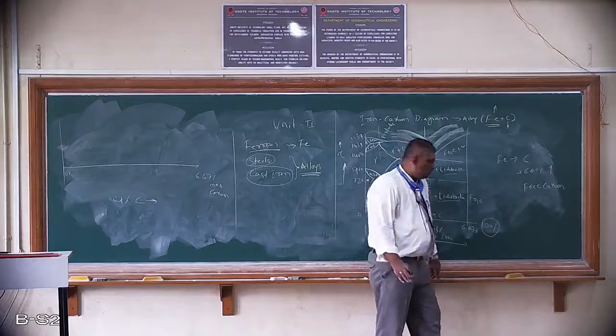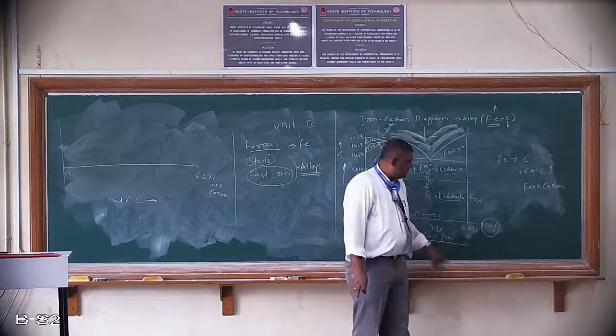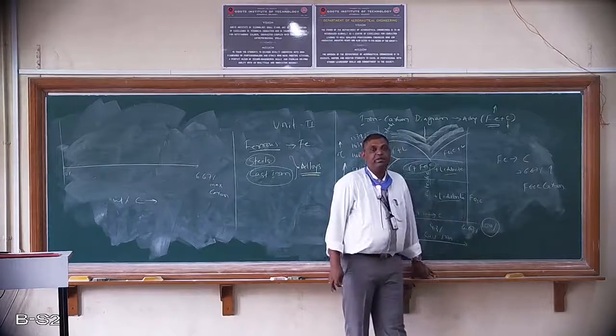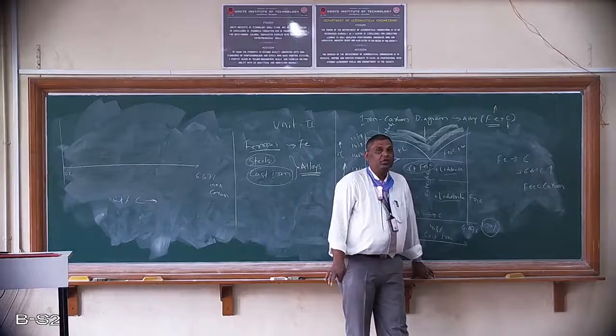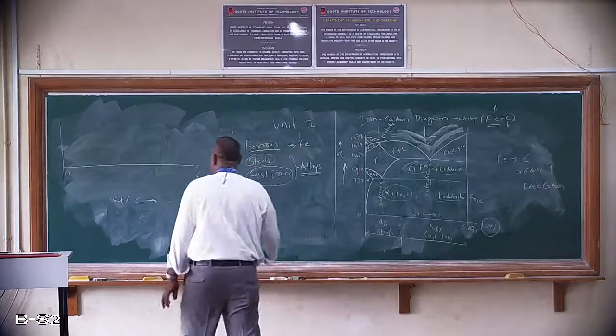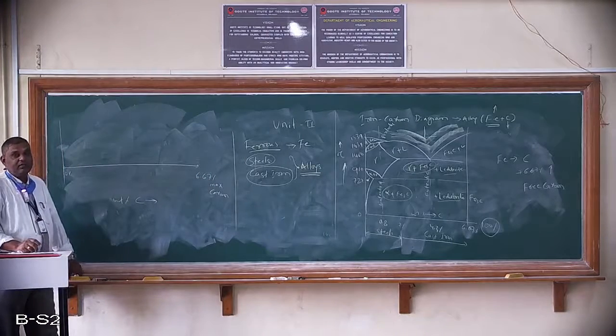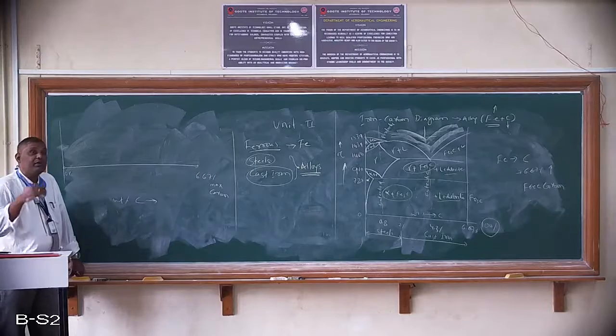Hence, it is not taken as 100% as in the case of other elements. Hence, it is limited to only 6.67% because the maximum solubility limit of carbon in iron is 6.67%. So here we are going to consider 6.67% as relative, which is considered as 100% compared to other